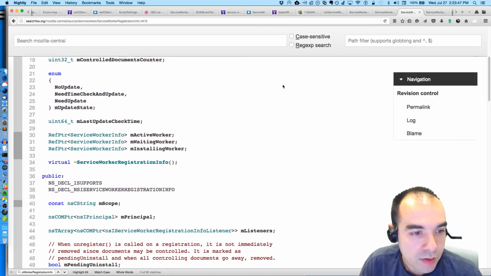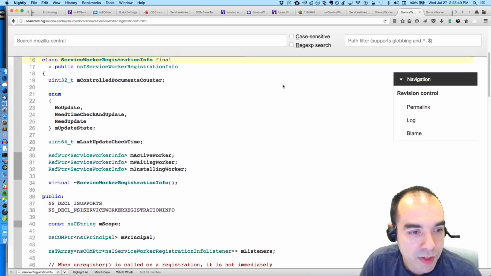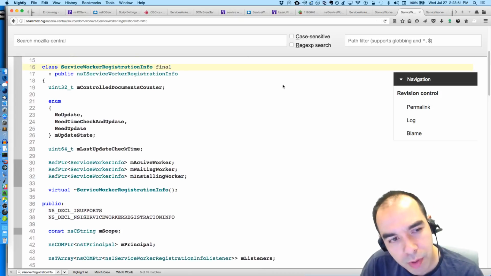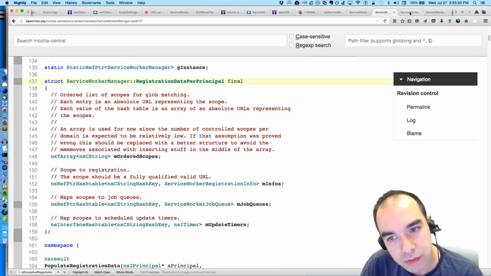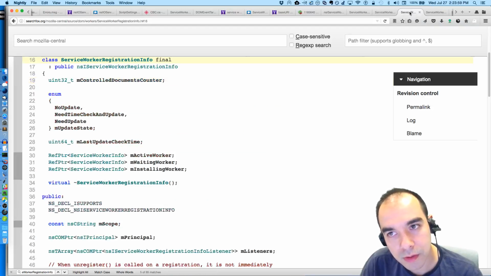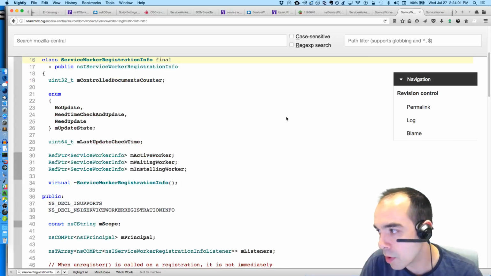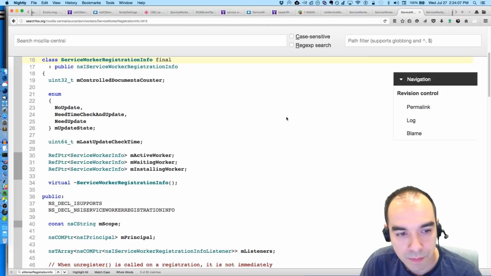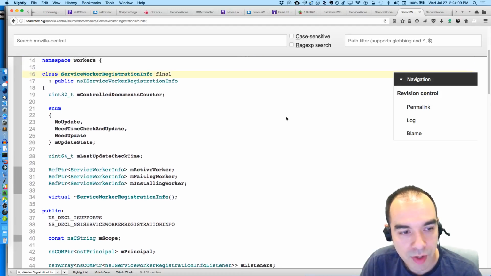And I wonder if that's because you can have multiple service workers per principal. That would make sense. Suppose Mozilla.org has like 50 different pages using 50 different service workers. Maybe they'd all have their own service worker registration info.